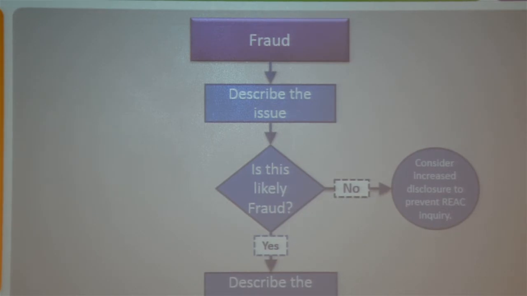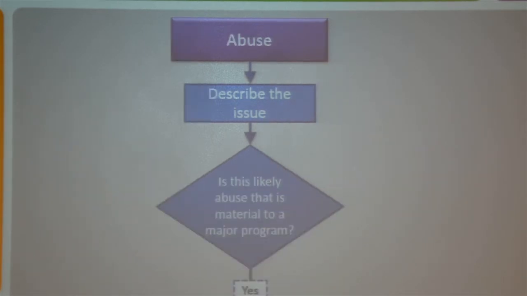Now, let's go to the next one. Oh, the next one's abuse. I've only seen this once. I've never actually seen it reported in an audit report. If you go to an AICPA training on Yellow Book, they'll talk about this for a half hour. You need to report abuse. You're on the hook for abuse. The only abuse I'm sitting here dealing with is the abuse of listening to this conversation for 5 more minutes. Because not one person I've ever seen has ever reported this that I know of.